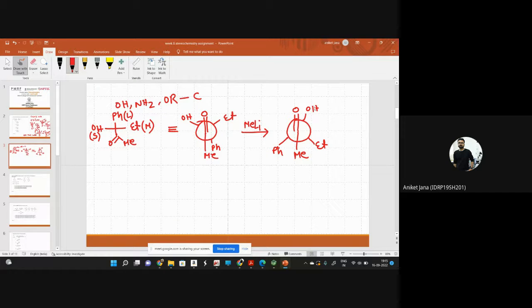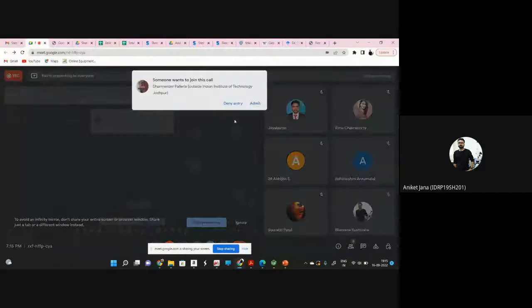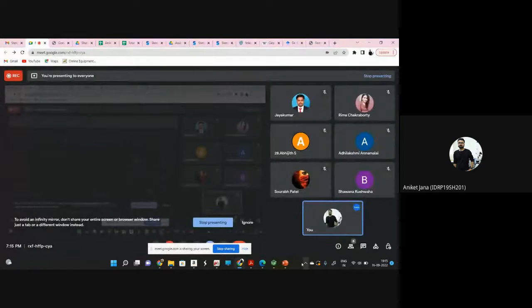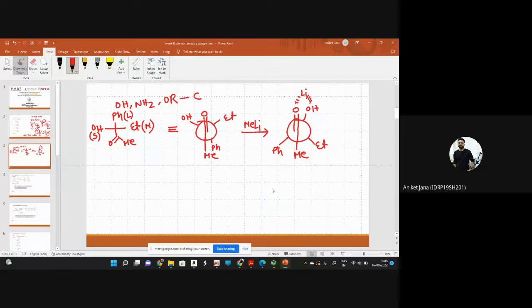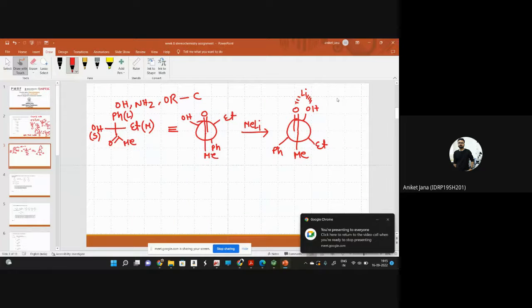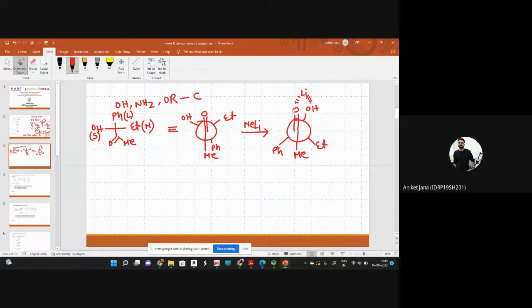So with the OH group, the chelating group will orient itself in such a way that it can form a chelate with both the hydroxyl oxygen and the carbonyl oxygen. Okay,